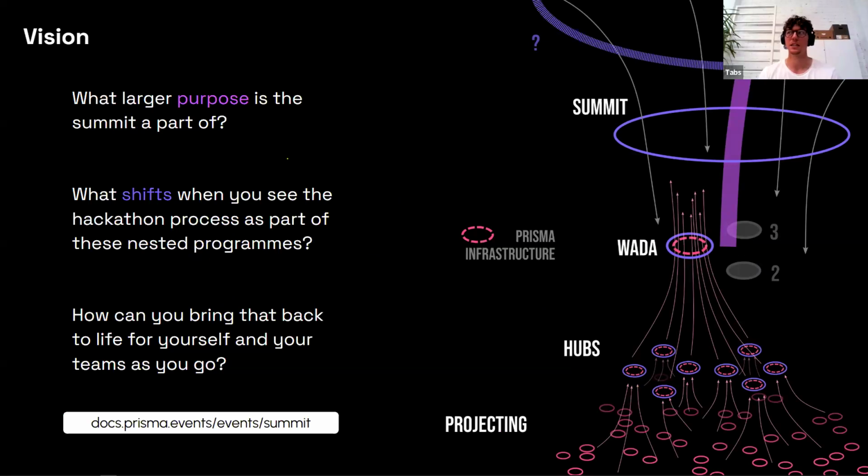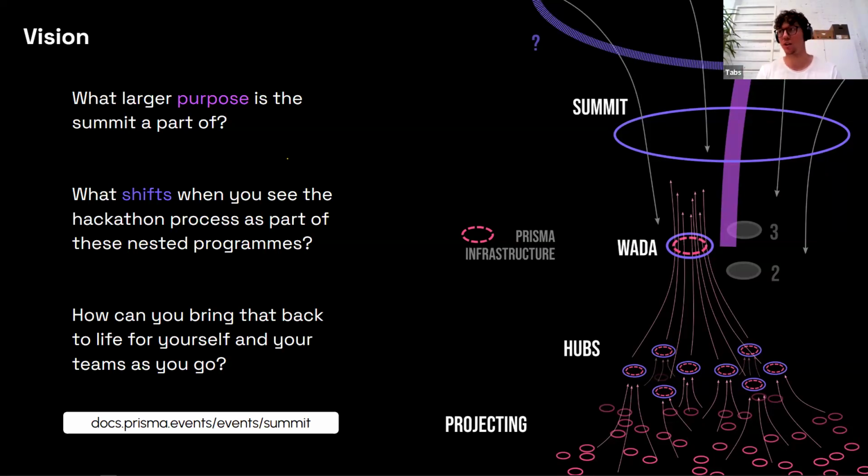One of the key differences in how we're approaching hackathons and forming organizations is we're coming from a background in regenerative design, which means how can we work with systems regeneratively? And that's a lot. There's a whole field. There's a lot more that we can say there. But one of the key concepts I want to introduce at this stage is this idea of nested systems. So on the screen, you see systems within systems.